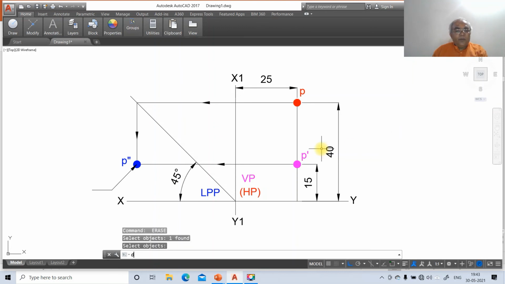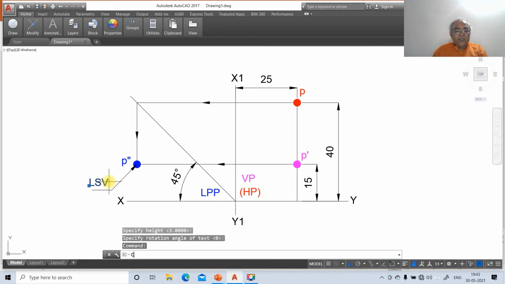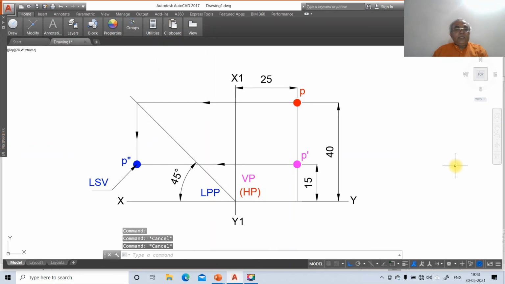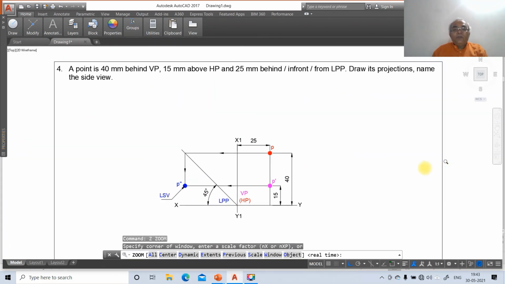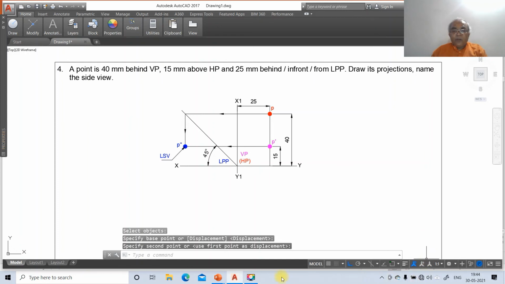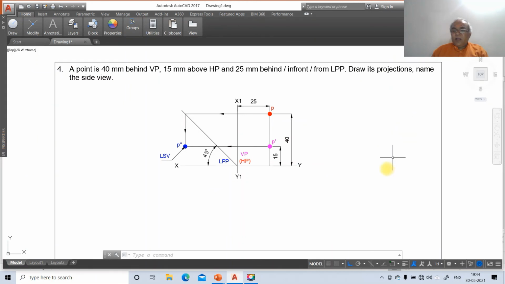Since I am to name this side view, go to D text and you mark this as left side view. So here you just click on this, go to CH, go to layer, you make this as side view. So you are going to get it as left side view. So this is how we will be able to solve the problem, and then go to move, select this entire drawing and move it here. So when you project or when you see this drawing with reference to this, both will have the same solution. So now this is how we will be able to complete this drawing on AutoCAD, and finally we are going to get the final solution. Thank you.